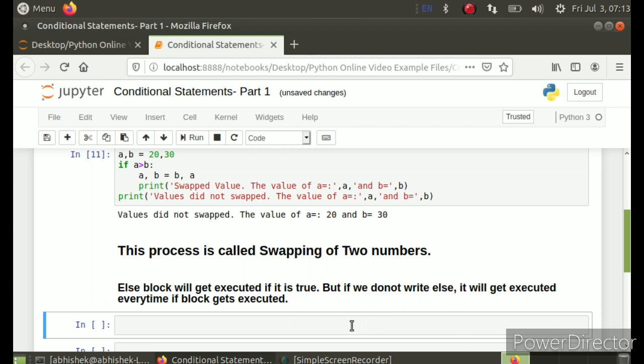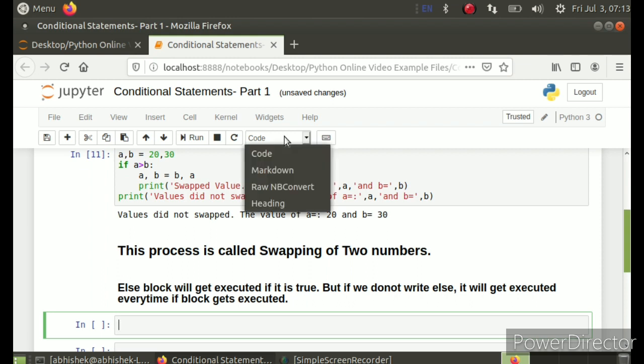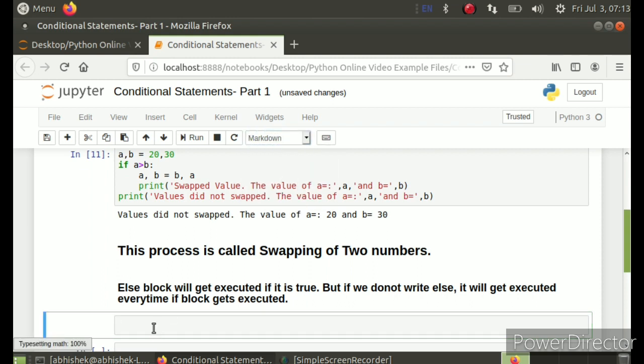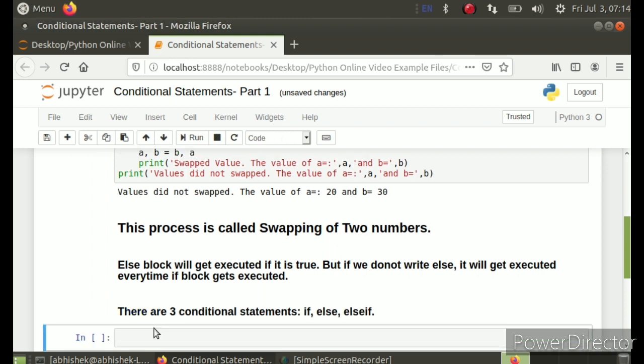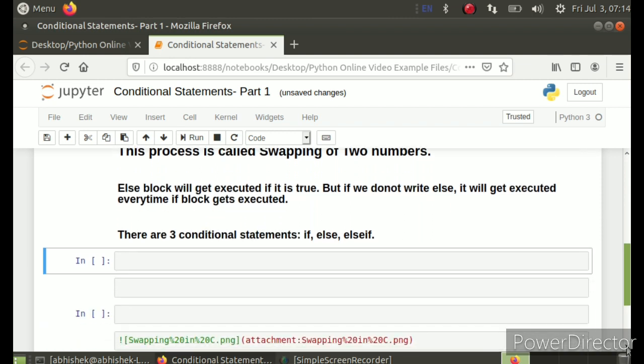Okay, so there are three conditional statements in Python, and do remember one thing, I am using the word conditional statement, I am not using the word loop, because these are statements. Only one statement will get executed. So there are three words: if, else, and elif. I have written here else if just to show you the keyword which we will be using in the next lecture. That will be elif. It simply means else if.